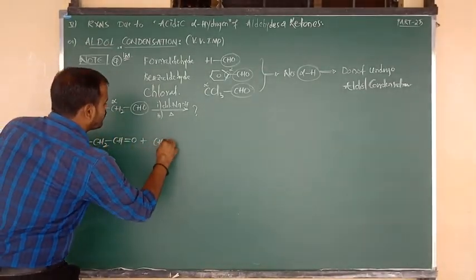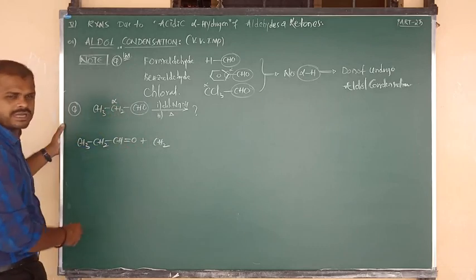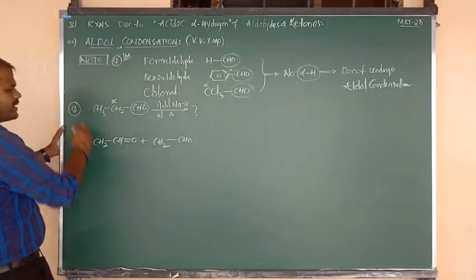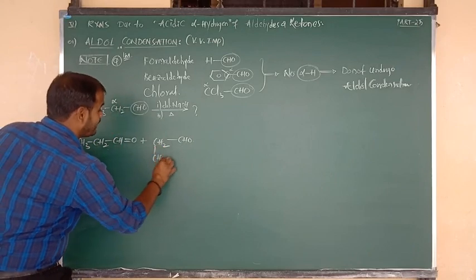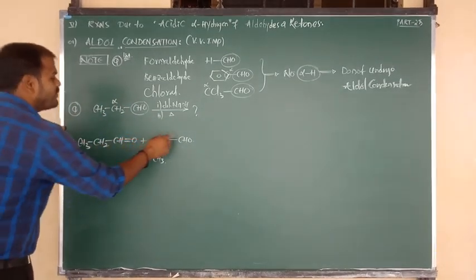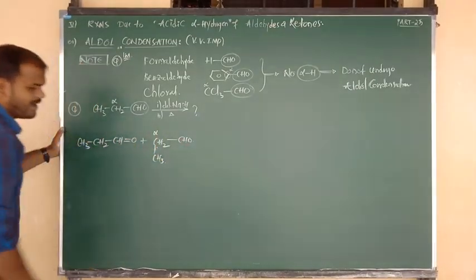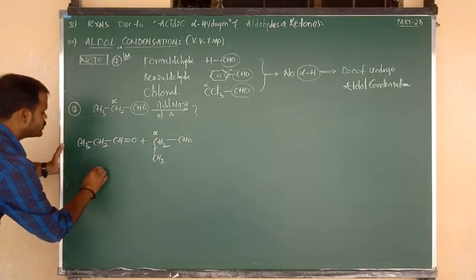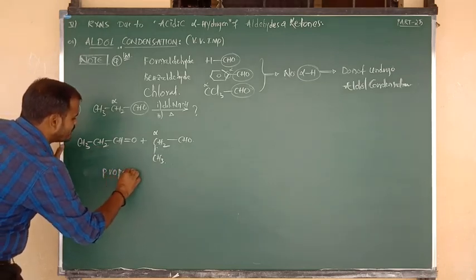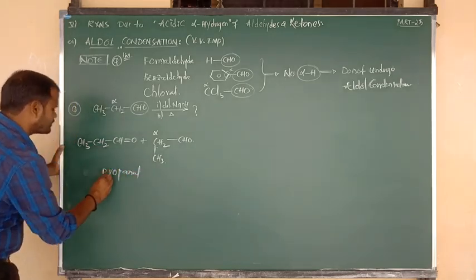So directly, I am going to focus on the alpha hydrogen carbon. It is connected on one side to CHO and on the other side to CH3. We don't need to consider CH3. All of you, we have to focus only on the alpha carbon. Right? So, 2 same moles of propionaldehyde, and also we can call it propanal.